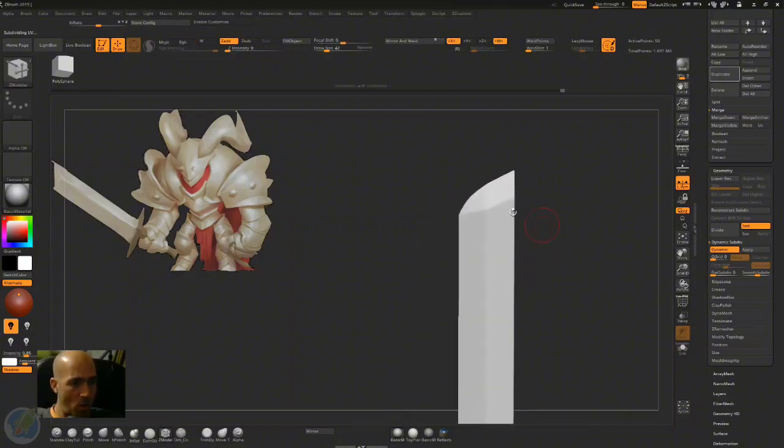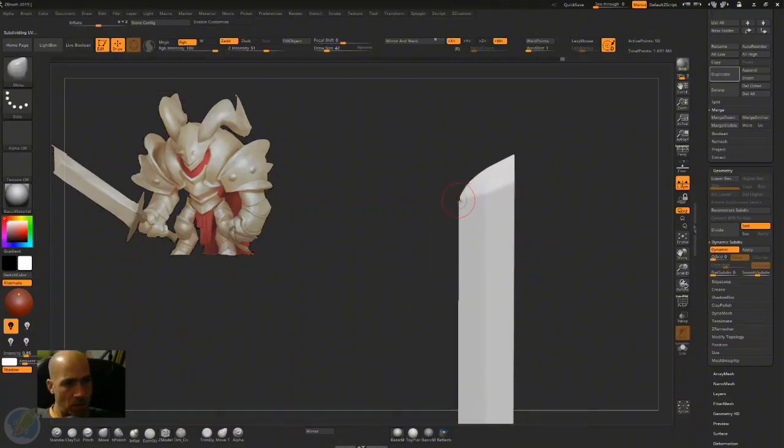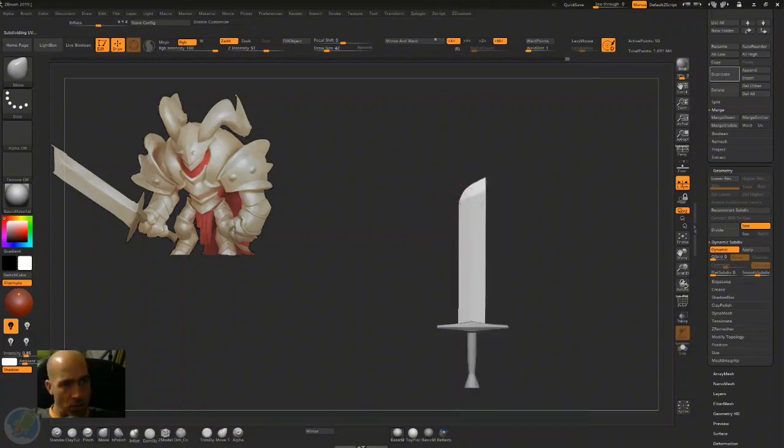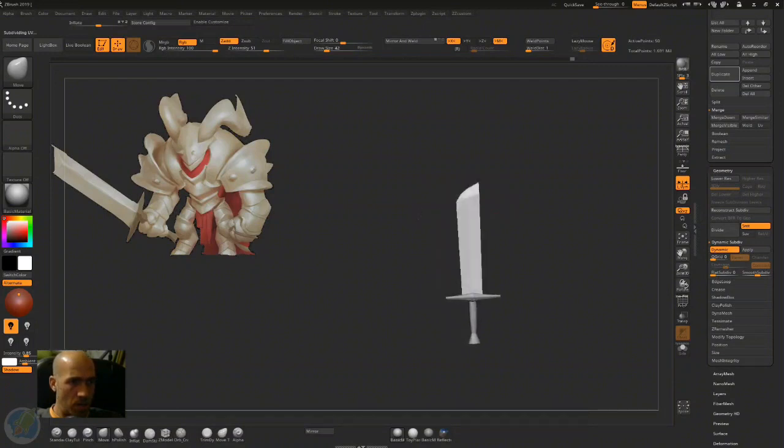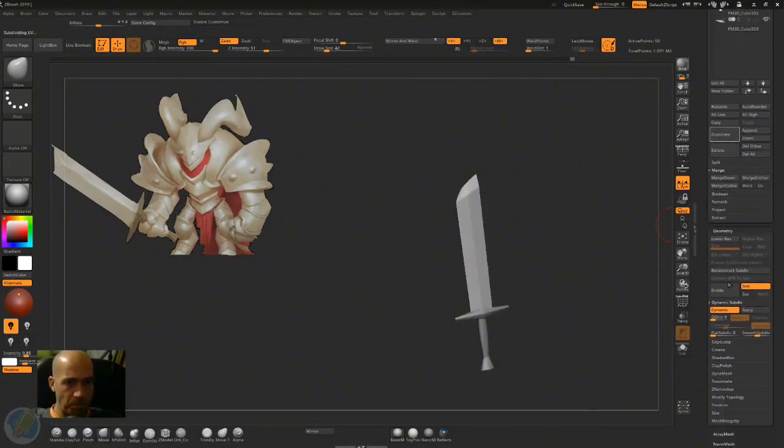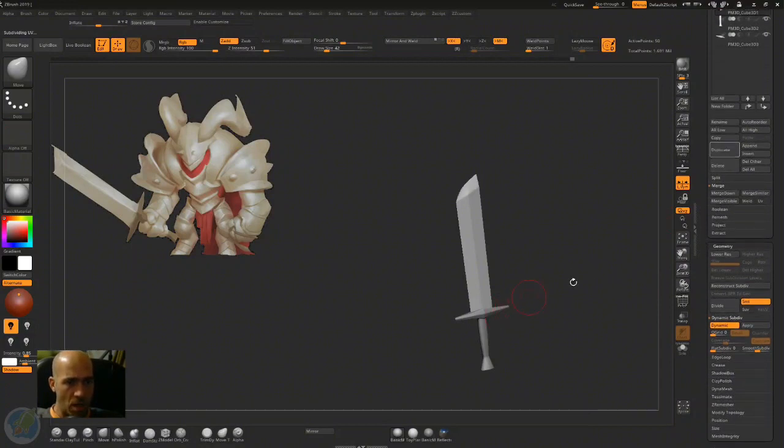And of course we can always chip this, but first with the move brush I will try to make it a bit more interesting. Yeah, why not? Why not? This is looking good. So now we have kind of a sword. All of those things are creased, not creased, but dynamically subdivided on 4, I think. So let's see, 4,